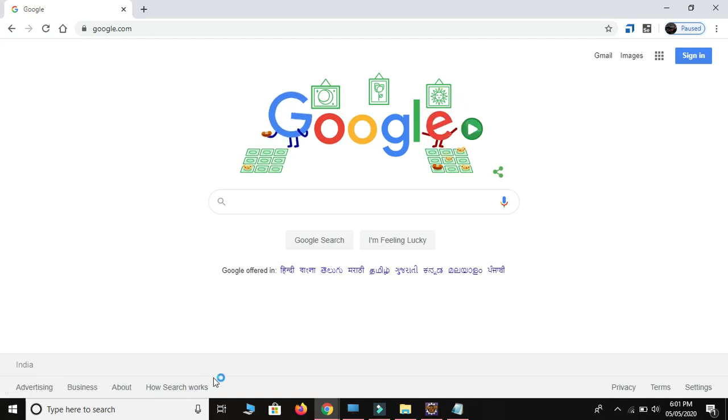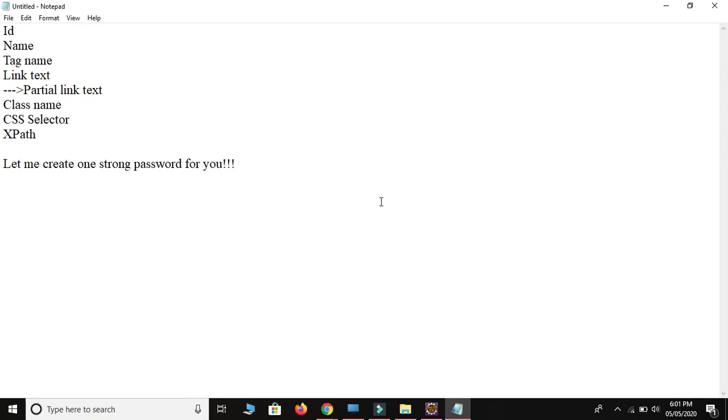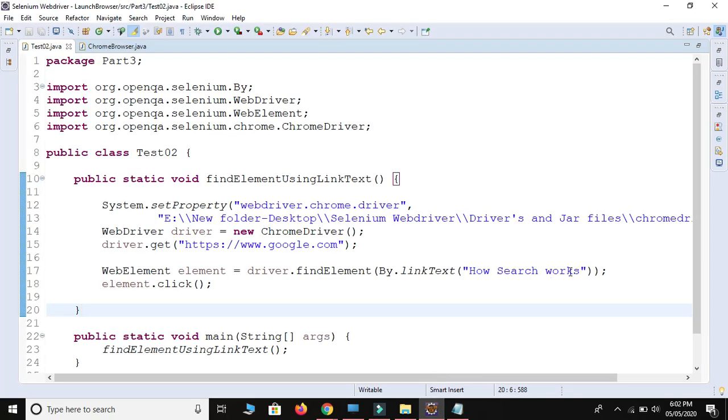For the link "how search works", we use partial link text. We use only "how search", copy, and the remaining part will be ignored. Let me paste, let me save,